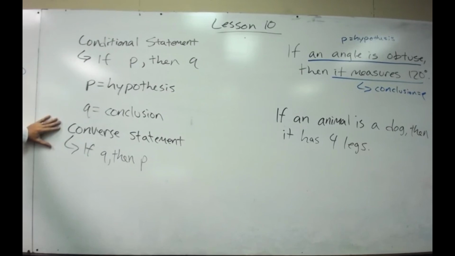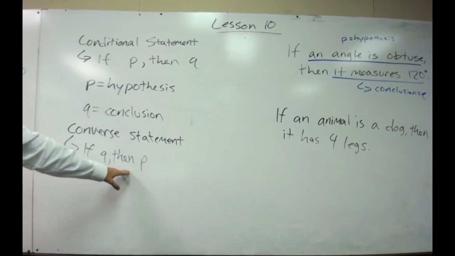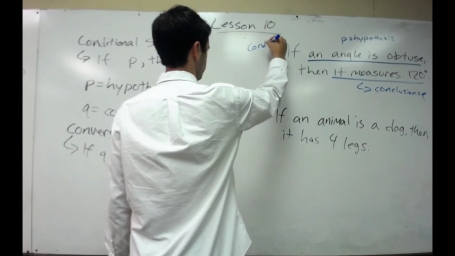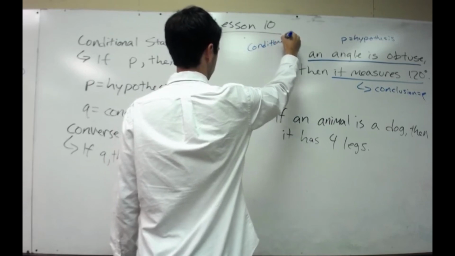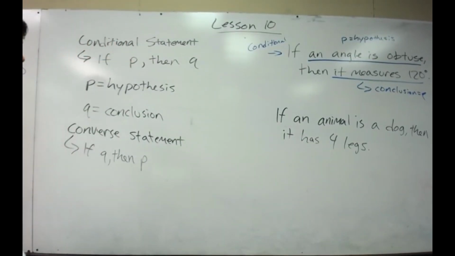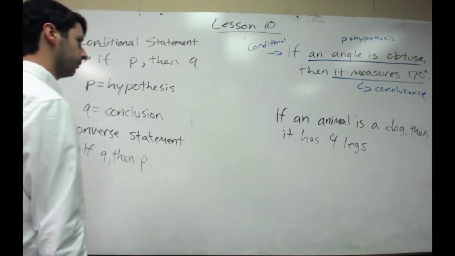A converse statement. The next type of statement we'll look at is a converse statement, and that is simply the conditional statement swapped. A converse statement says if Q, then P. So you would start with your conditional statement. Say this is our conditional statement. We've got our if P, then Q. If we wanted to turn it into a converse statement, what we would have to say is